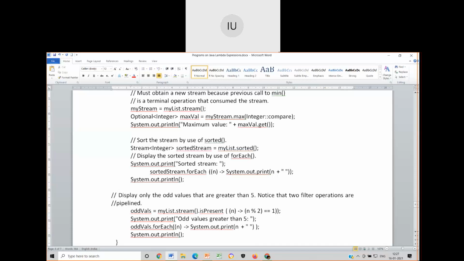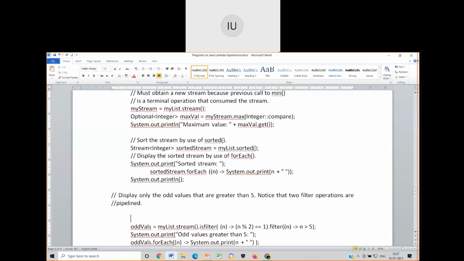So what is isPresent doing? isPresent is trying to check whether this kind of n is available or not. This is one way, or I can use isPresent in another manner also. Okay, let me use it like this.